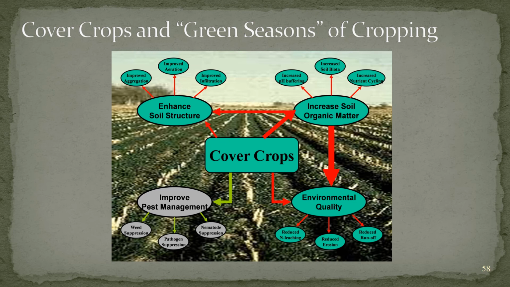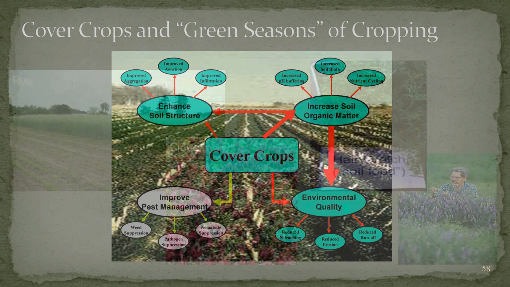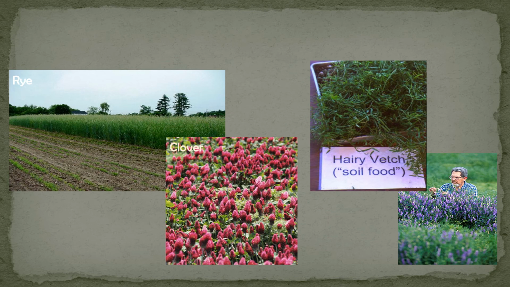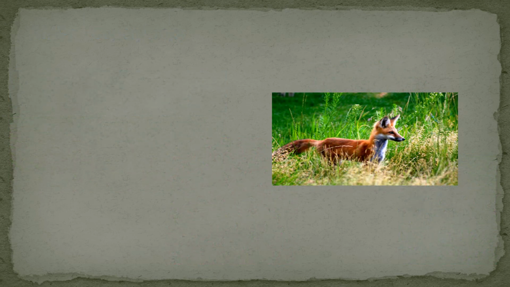However, not all is lost, because even if you can't get it into the ground until late, as long as it's a winter hardy seed, it will at least grow the first part of spring while the snow is melting and provide some surface structure and some surface protection until planting season starts. Like clover, hairy vetch are shown here. Clover is so pretty, but the clover shown here is a spring clover, and usually we don't plant this one. Although I did see some this year.